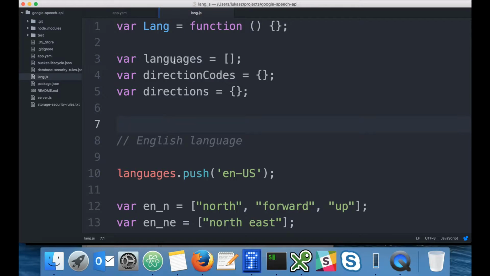Okay, so this module has three variables which I have to define. The first one is an array which stores language codes. The other one is an object that contains a mapping from language code to direction codes. The last one is also an object that maps language code to directions. I will now walk you through the English and Polish just to give you an example how to implement your